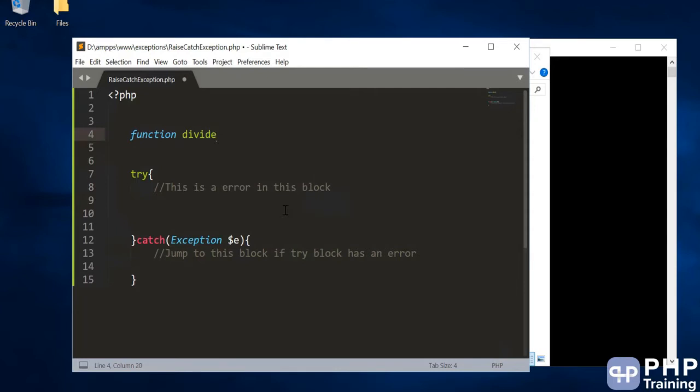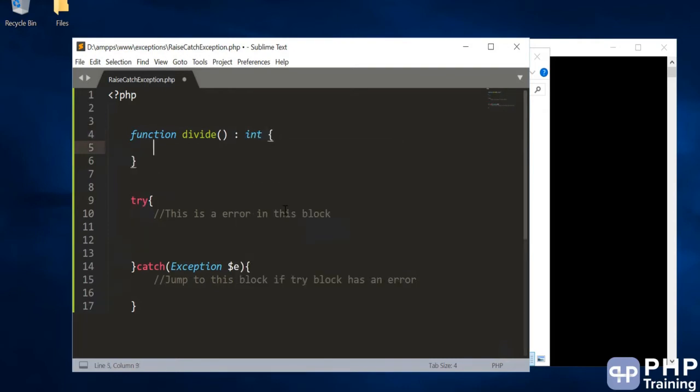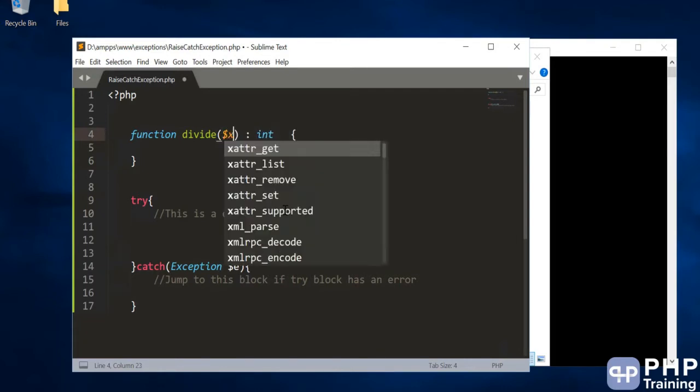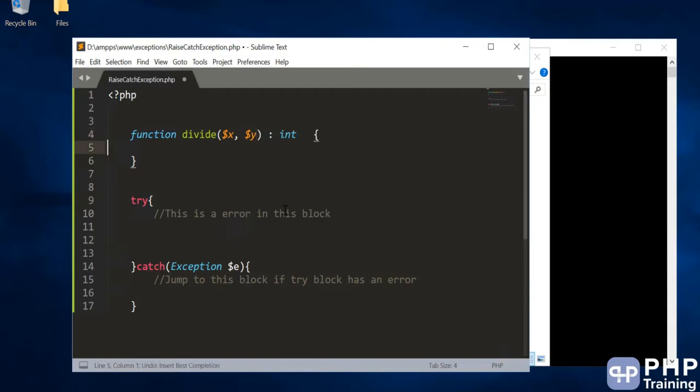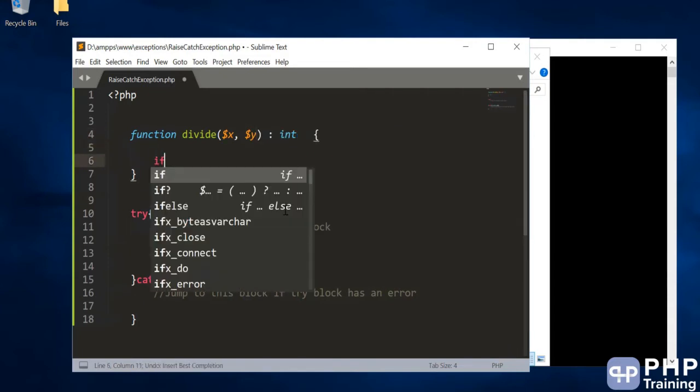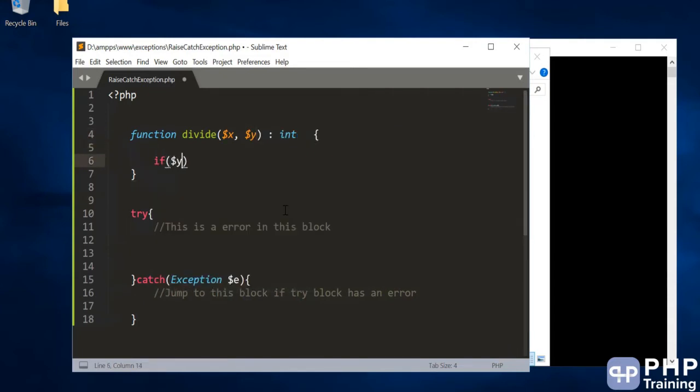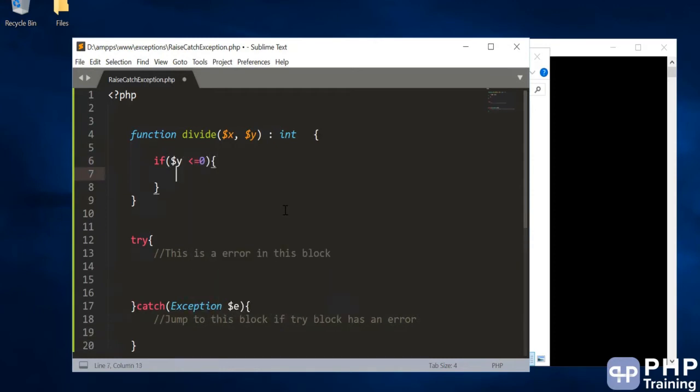I'll use a divide function and we will return a type integer, and we will pass parameters like divide x and y. Okay, and we'll say if $y is less than or equal to 0, then this will cause an error when you divide x by y.